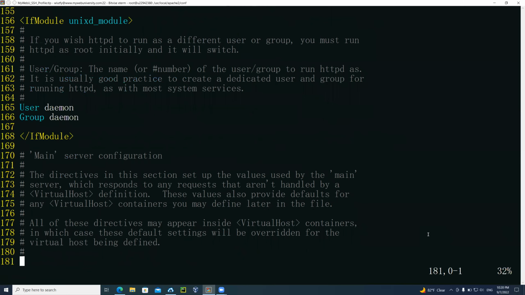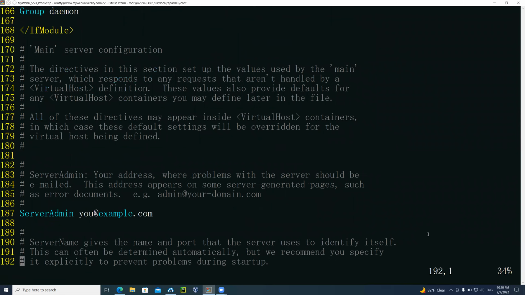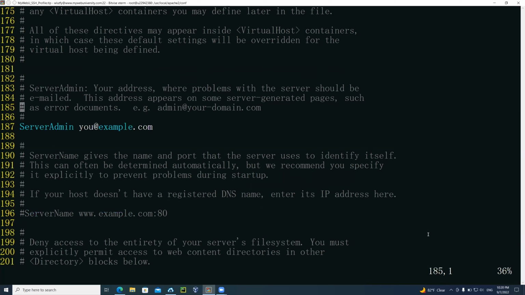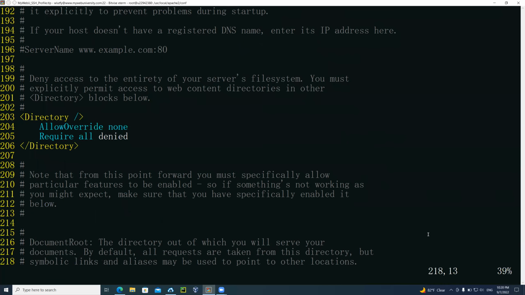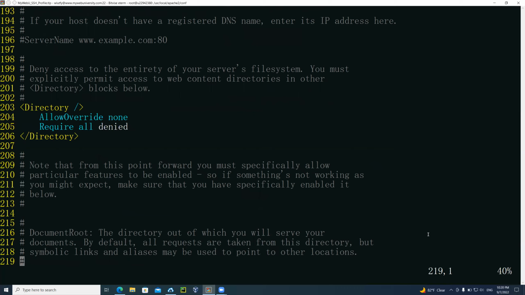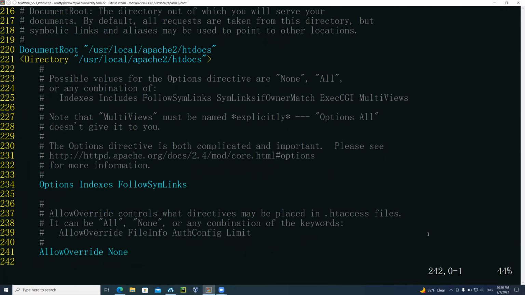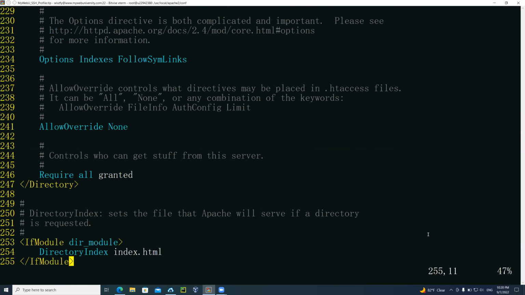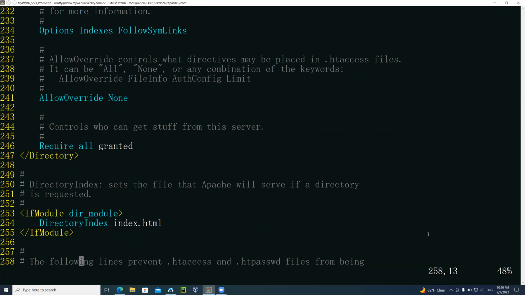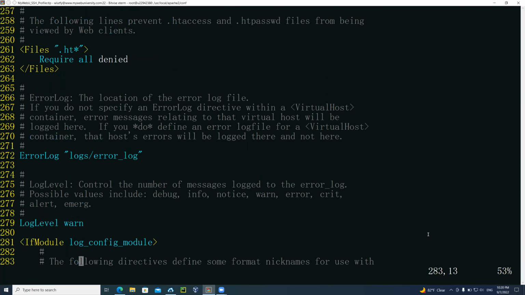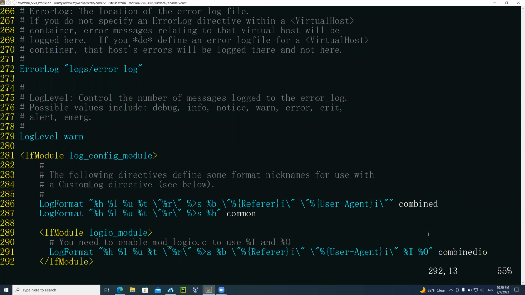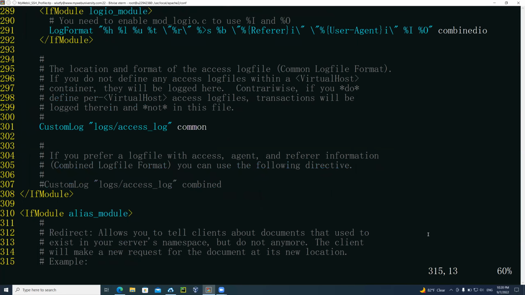The unpound, meaning uncommented, gets loaded at the time Apache starts. There are a lot of directives here. For example, server admin, who is the server admin. In this case, if I want to do this one, I would put my username at email address, so any issue comes in, it would come there. Because this is a test machine, I'm shutting it down, I don't need to modify all those. The document root where documents are served. These allow override options are there. And then the log files, where the error logs and access logs and all those are going to be written,